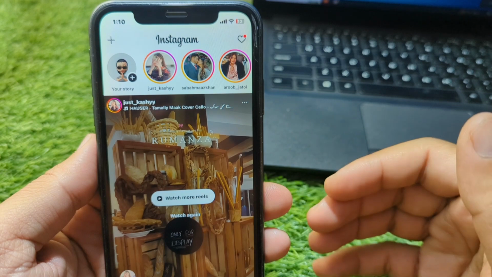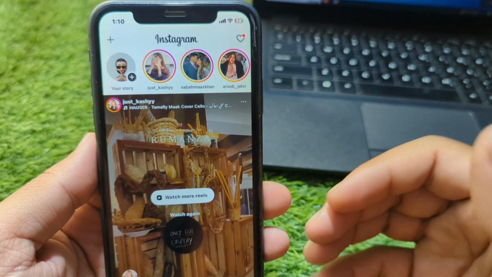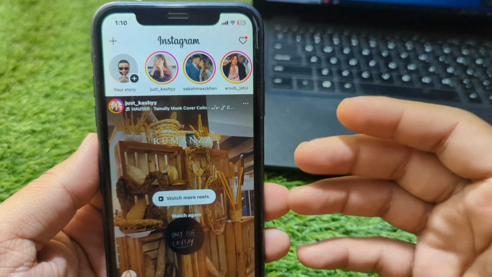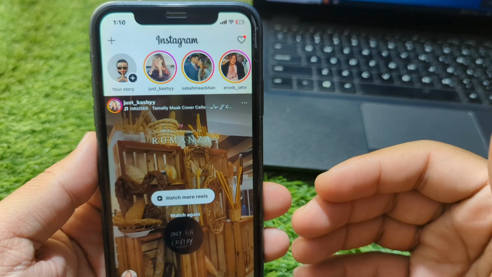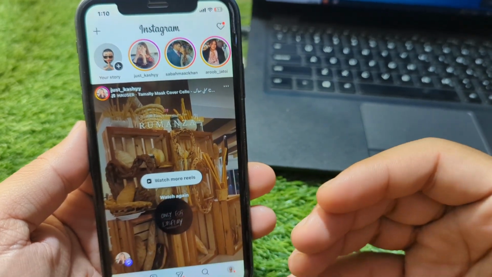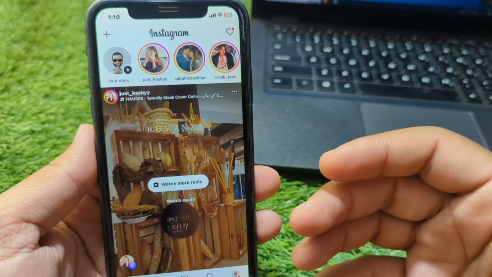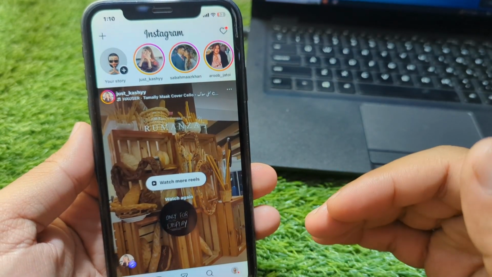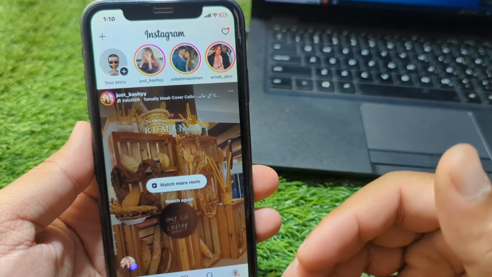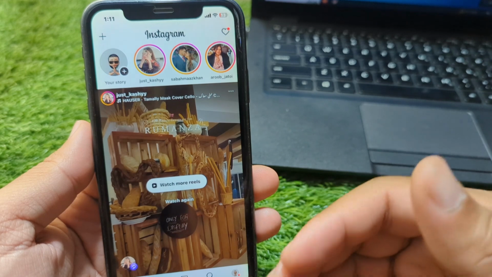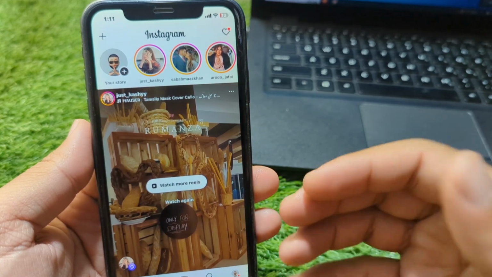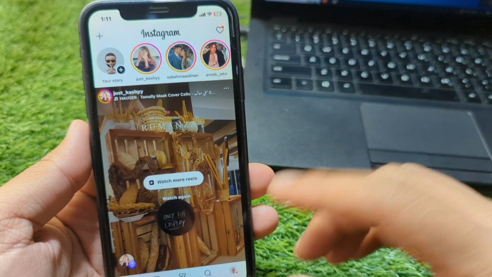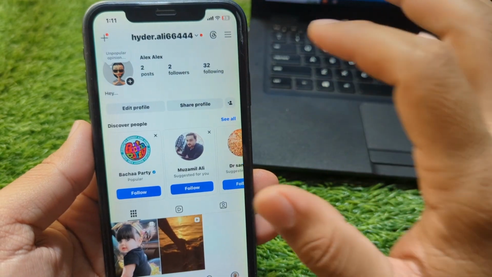So guys, in this video I'm going to show you how to hide message notifications on Instagram. If you want to hide message notifications on Instagram, here I will show you how you can do this. It is very basic and simple. You can easily do this. Here I will give you two ways which help you to turn off or silence the notification of messages on Instagram. The first way is that you have to simply open your profile and then tap